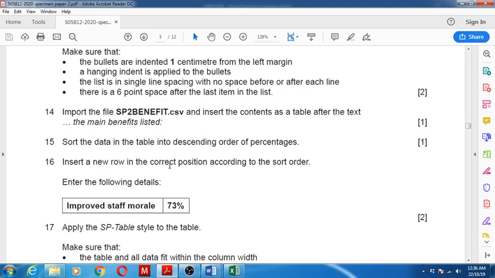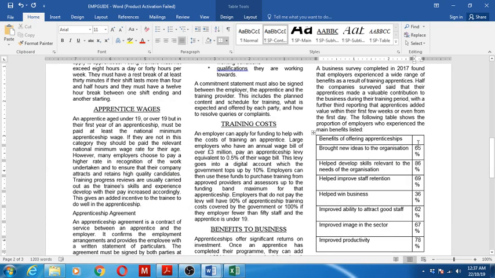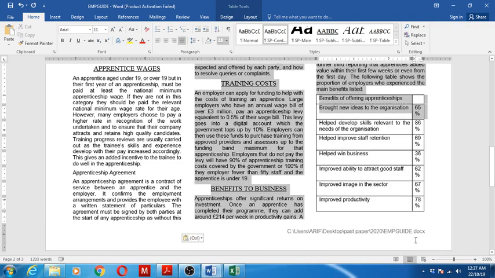Now, sort the data in the table into descending order of percentages. So we have to sort this in descending order. When we sort, we have to select this also, otherwise only this column will get sorted and the data will not be matching with the correct content. And don't choose the first row because it is not data inside the table, it's like a heading. So choose these two